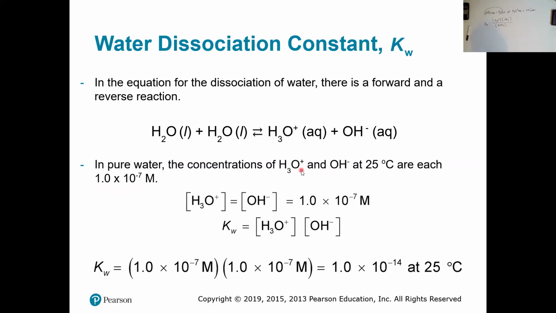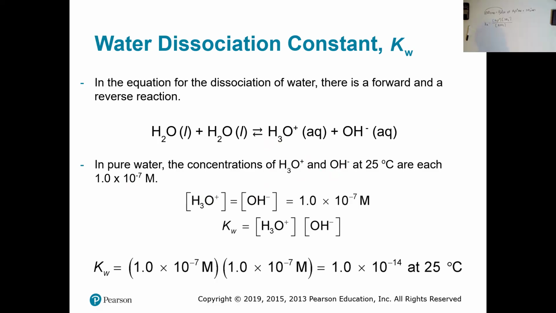It's exactly in the middle. It's absolutely neutral. And the concentrations of the H3O plus ion and the OH minus ions are exactly the same. Okay. So if we measure these concentrations and we see that each one has a concentration of 1 times 10 to the negative 7, we can write out